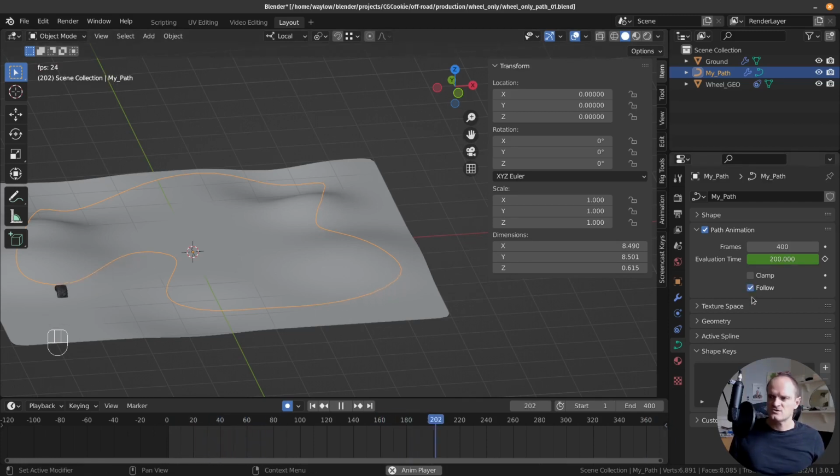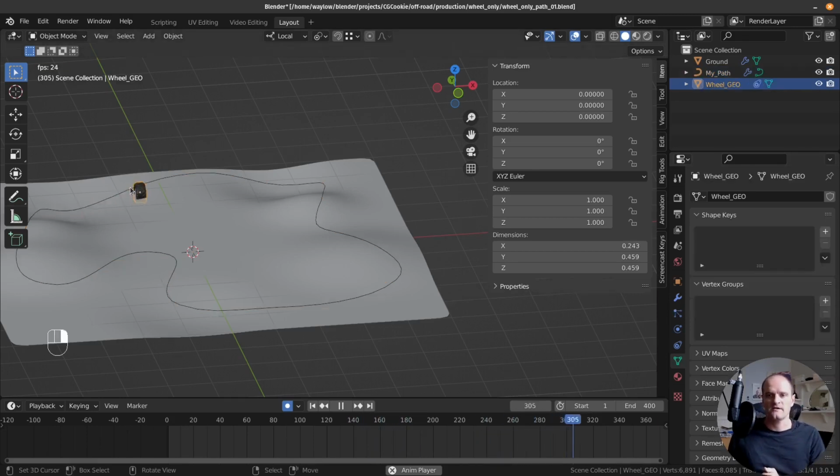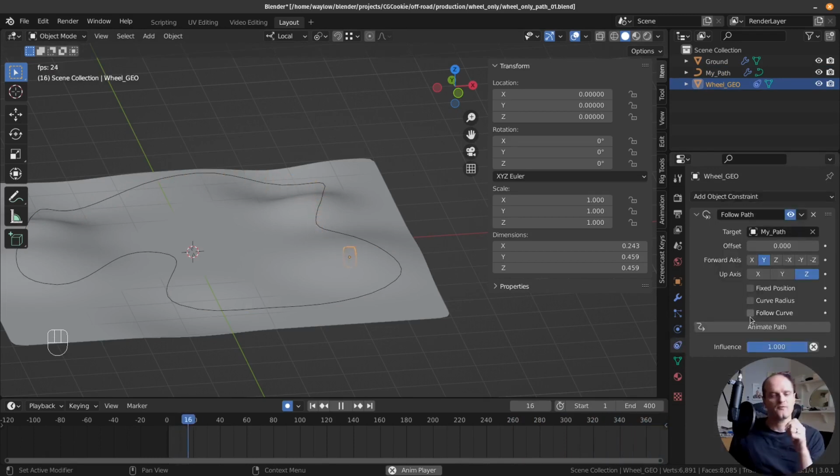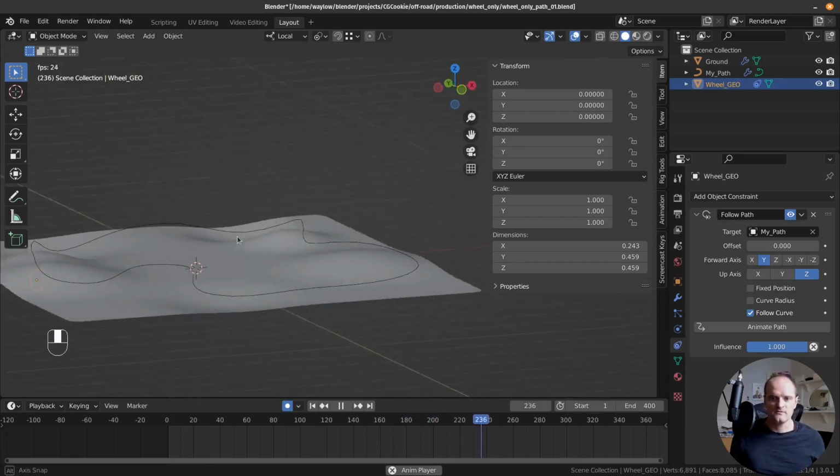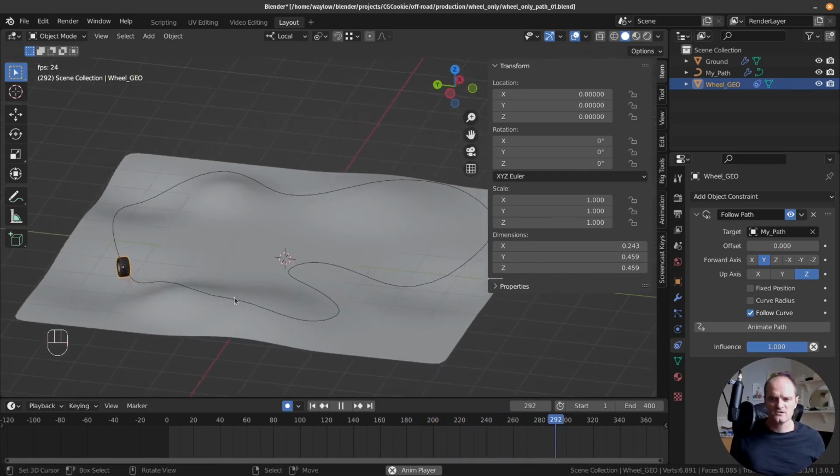Also, this follow option here isn't going to affect our wheel. It's only going to affect the children objects of the path. So if we had parented our wheel, which we didn't, we used the constraint, this option would make it follow. But we're ready to go back to our wheel, and we go back to the constraint. And this option here, follow curve, is going to make it point in the right direction. Excellent. So that has fixed a couple of problems,